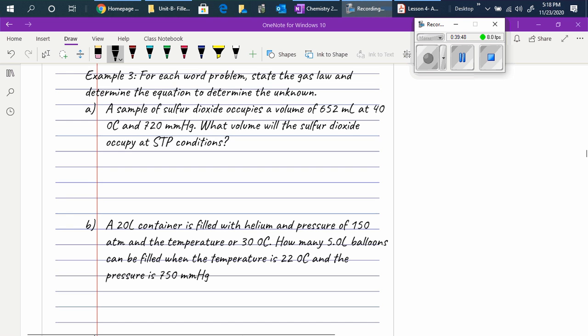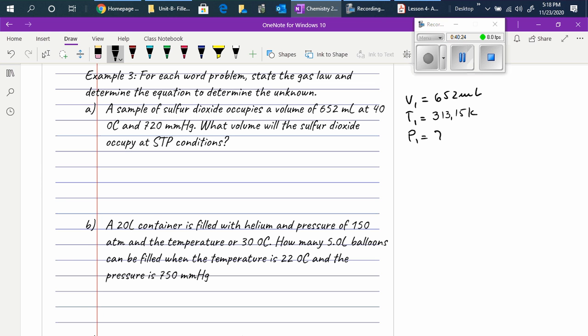So what is given here is, I will write it here, V1 is 652 milliliters at temperature 40 degrees Celsius, but when we convert it into Kelvin, it will be 313.15 Kelvin, because 40 plus 273.15 will be this one here. And then we have a pressure of 720